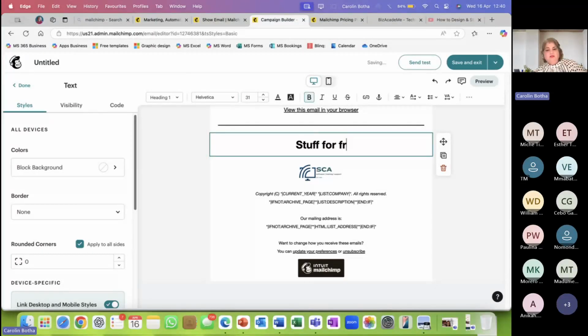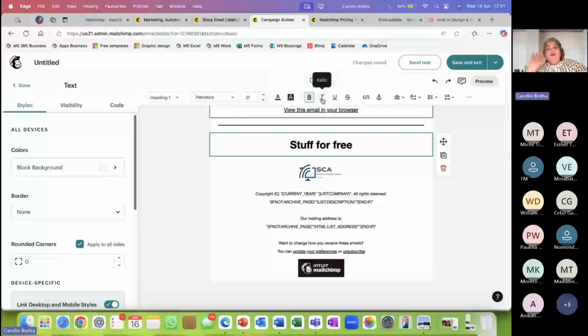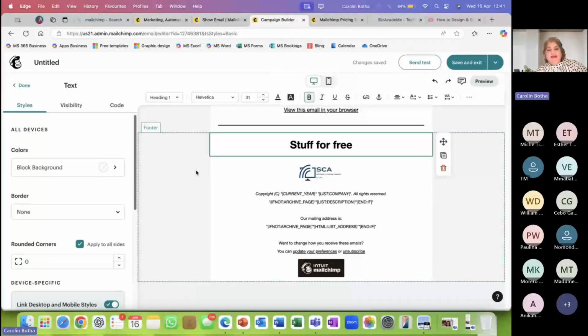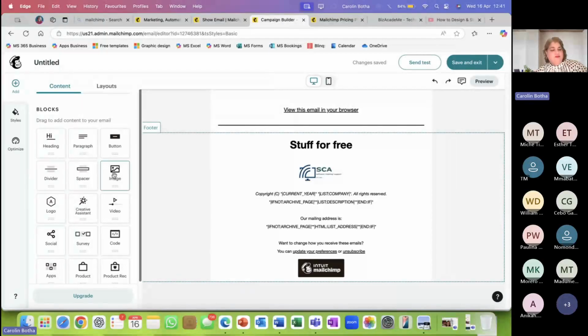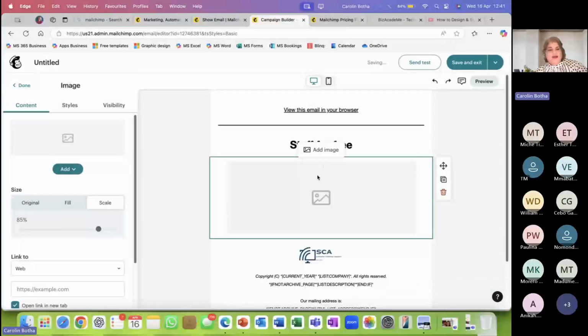Of course, you can change the font, you know the drill. I'm not going to fiddle too much with that. You can highlight some things, you can bold, you can italic, you can do whatever you want. Then I would like to have the image, so it's drag and drop as promised. You click, you drag it in there, and then you can add the image on the left-hand side.